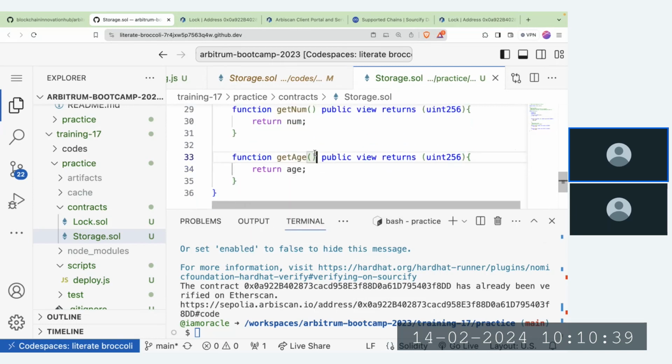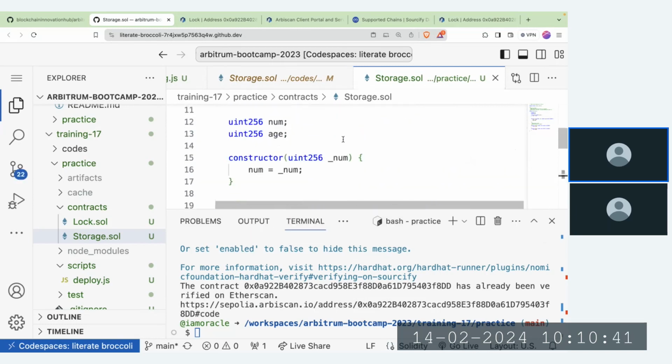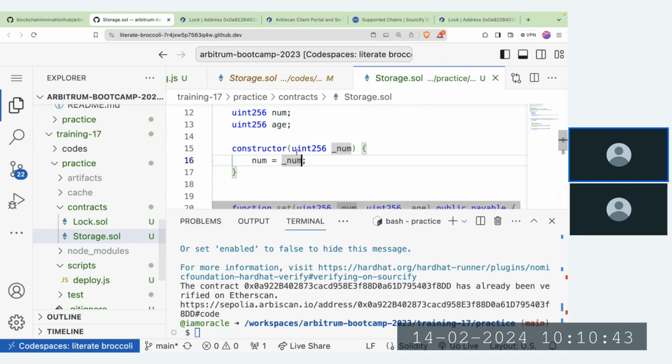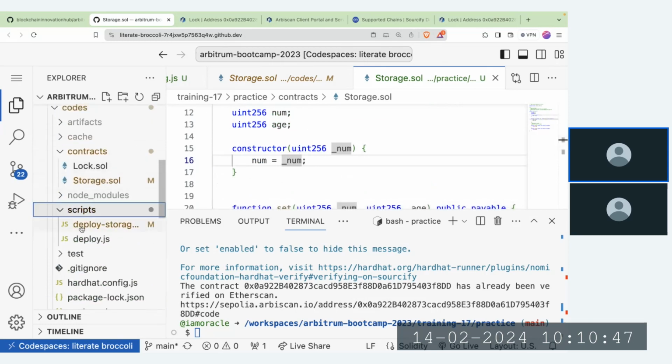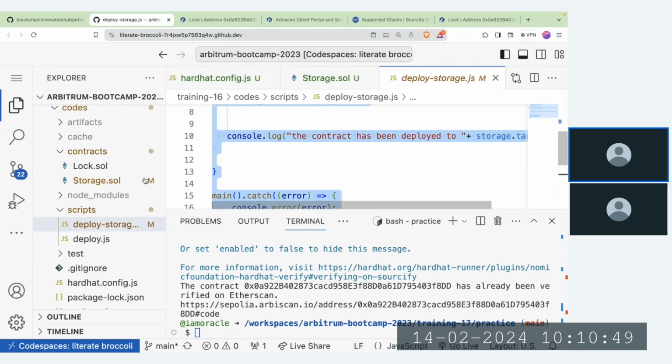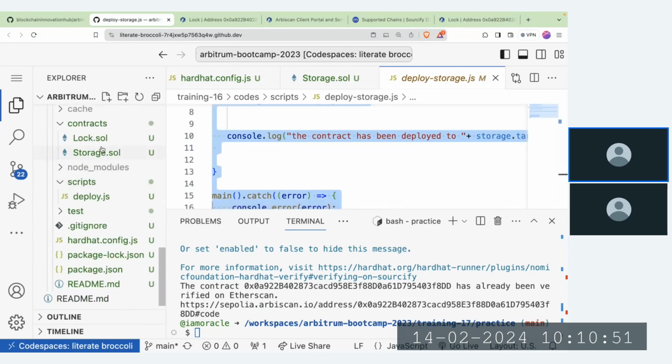Okay, so we are done with our simple contract. So the next thing is for us to get the script to deploy it. Let me go and check the format script that we have. Let's just copy the same thing, come back to our